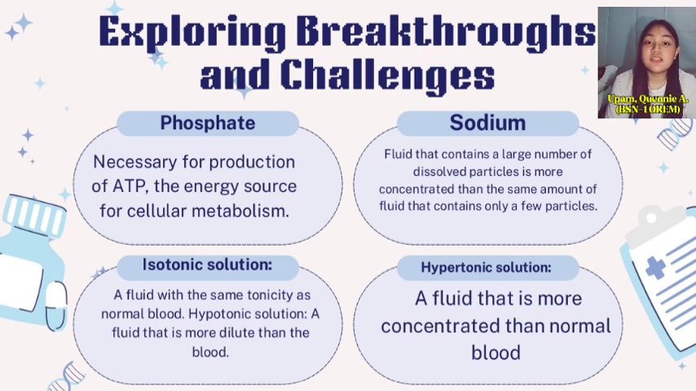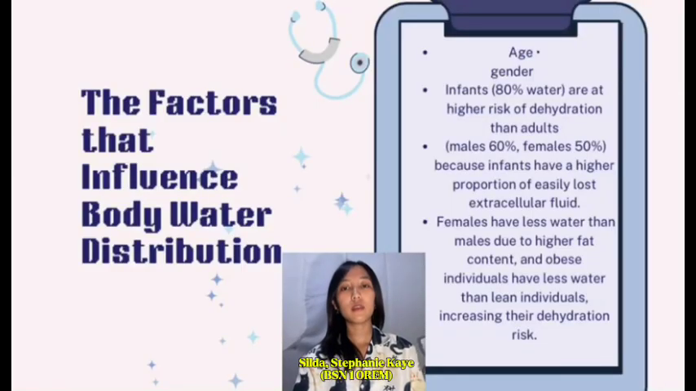Red blood cells in different solutions demonstrate tonicity. Isotonic solutions maintain cell shape. Hypotonic solutions cause cells to swell and lyse, and hypertonic solutions cause cells to shrink and crenate. This illustrates the critical importance of maintaining proper solute concentrations in bodily fluids for cell health and overall functions. The factors that influence body water distribution are age,